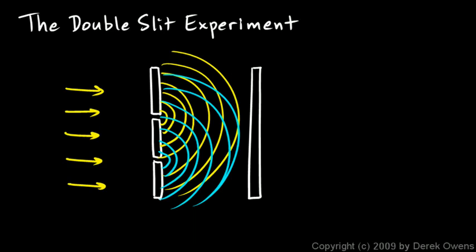So light was seen to be interfering. And as we said before, interference is something that only waves do. So light here was definitely seen behaving as a wave. And this experiment was fairly easy to reproduce, so other scientists were able to produce the same result. And scientists gradually began to believe, based on evidence such as this, that light was a wave. And light was shown to do other things that only waves do.